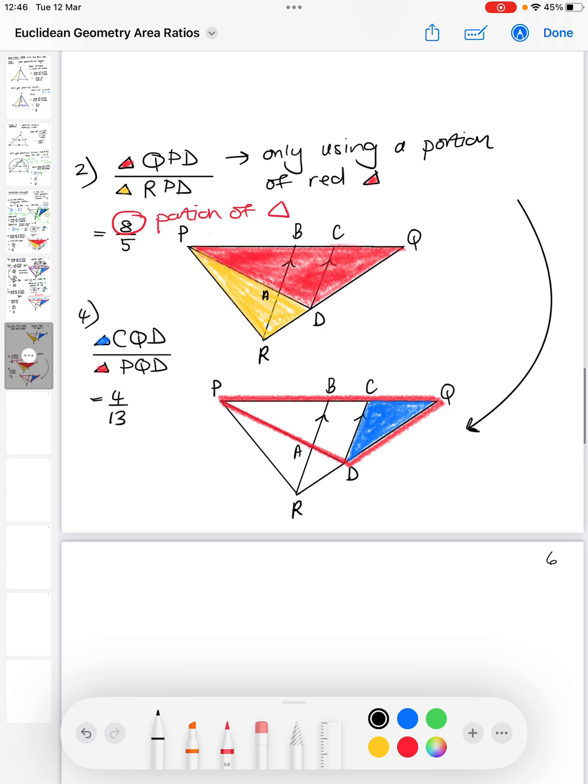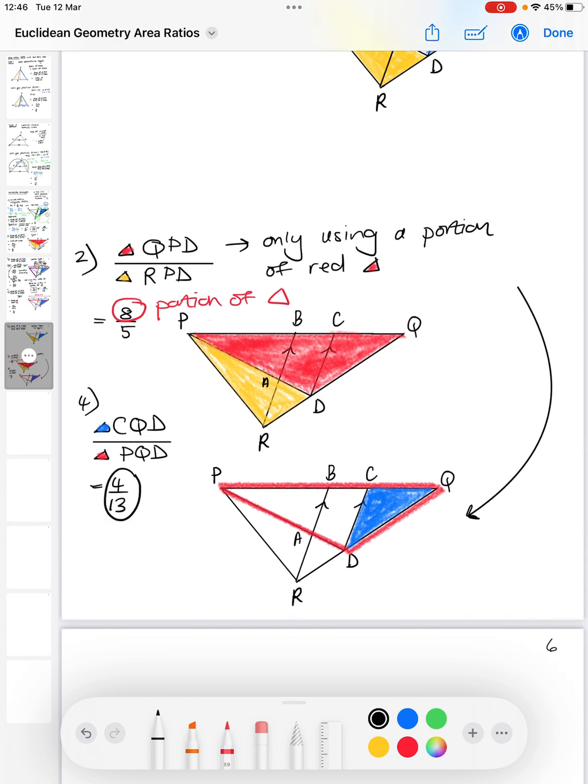How does this help me? Because 4 over 13 represents the portion of red triangle that I'm going to use. Okay, so the portion of the red triangle is equal to the blue triangle, and that portion is 4 over